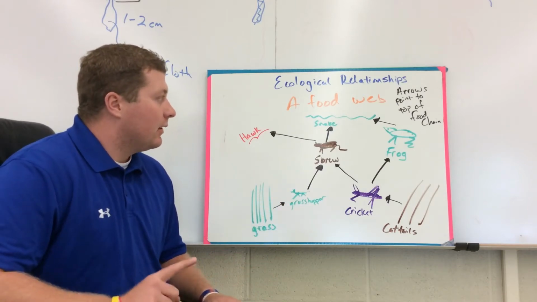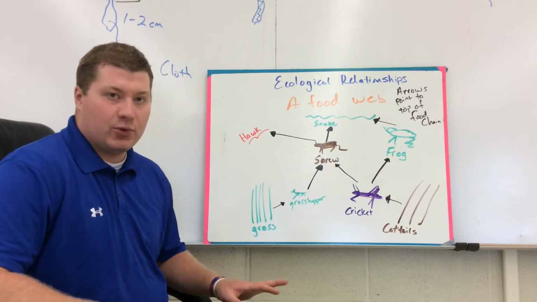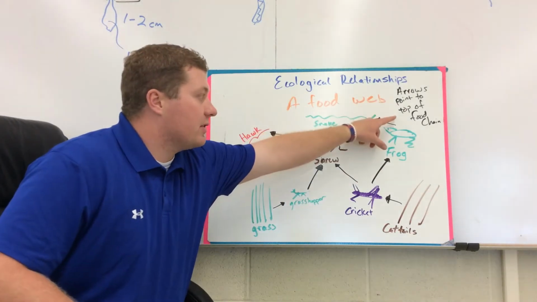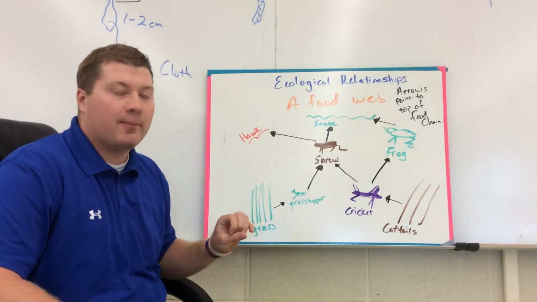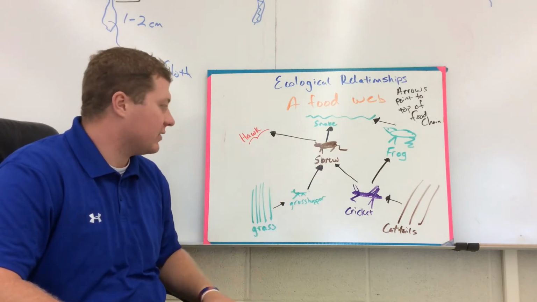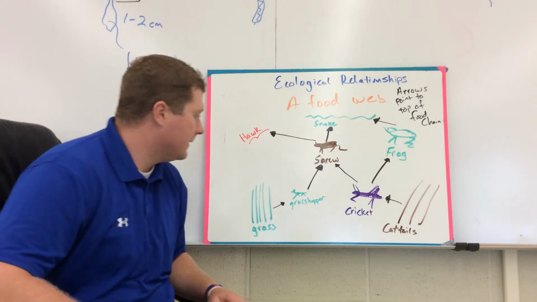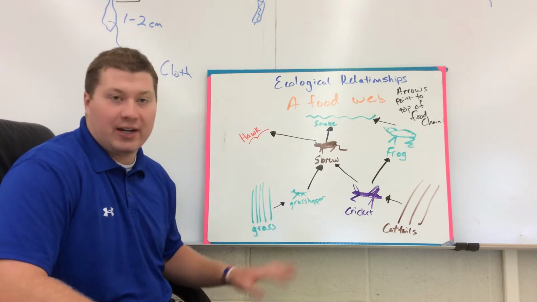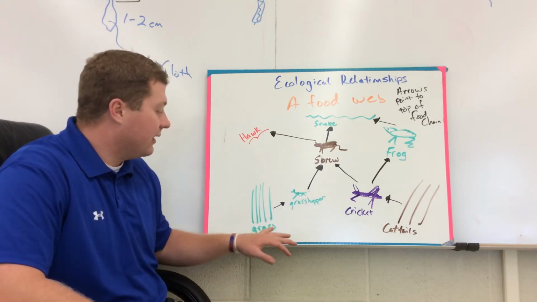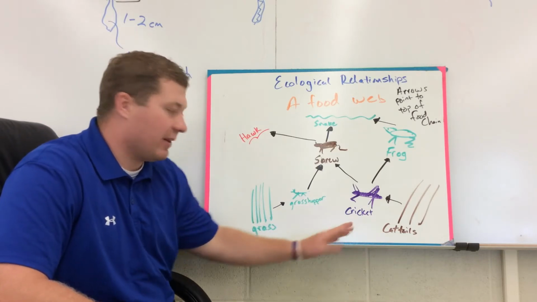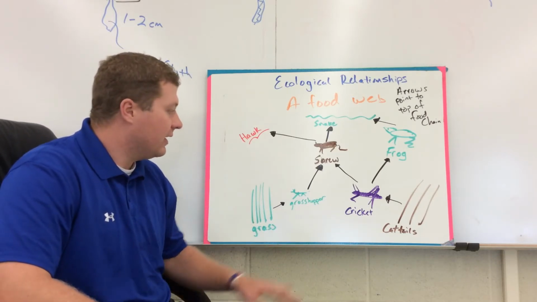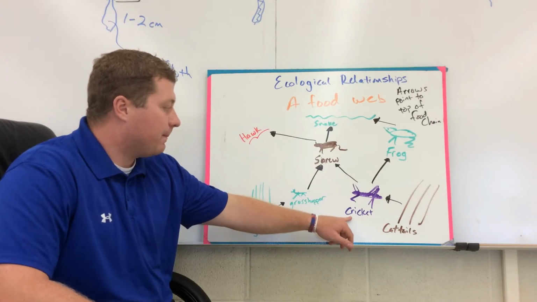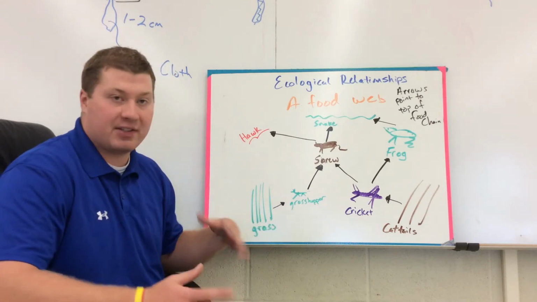this. There's one thing to note about the food webs and food chains that we do: we always point arrows to the top of the food chain, so we know where the energy is getting passed on towards in a food web. So here's just an example food web, and you can see my awful drawings up here, but we have grass and cattails kind of at the bottom. Those are the producers. Their energy gets passed on to crickets and grasshoppers, things that eat